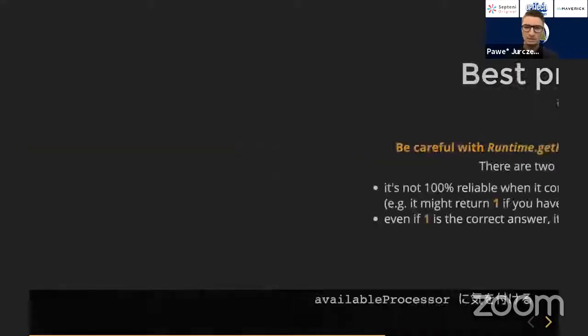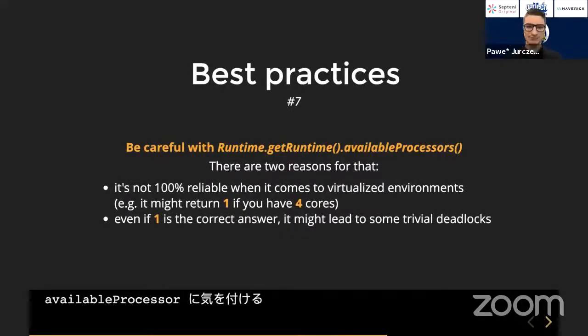The next thing is that if you are using this expression in your code, and especially if you are using some older JDK versions, then you should be careful. The expression is Runtime.getRuntime.availableProcessors, and on the older versions of the JDK it is not 100% reliable when it comes to virtualized environments. It's possible that you are running your application in a container, you deploy that application on some hardware, and if the hardware has 4 cores, for example, it's possible that the expression returns 1, which is obviously not the case,